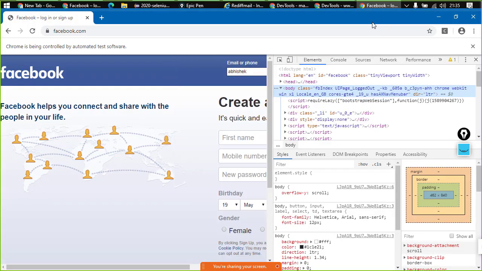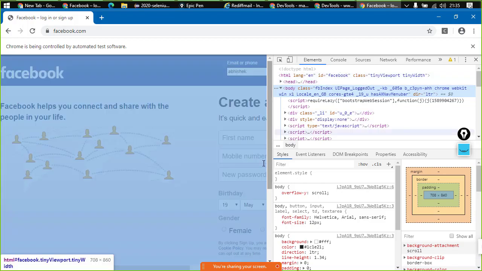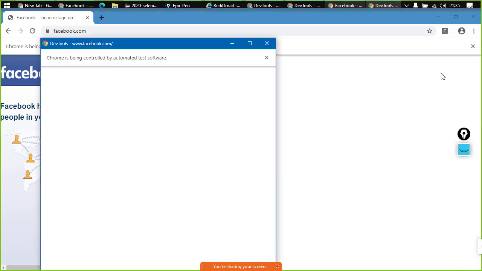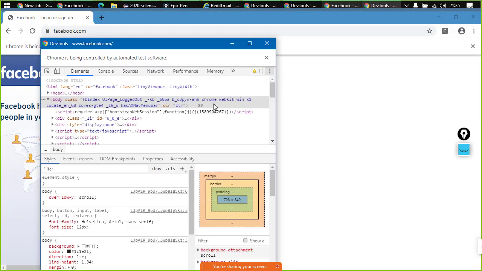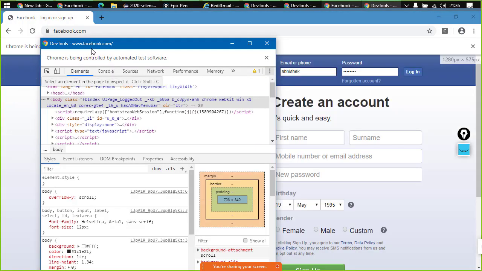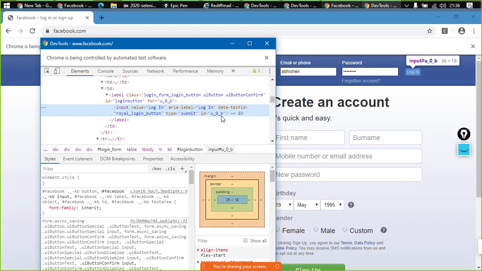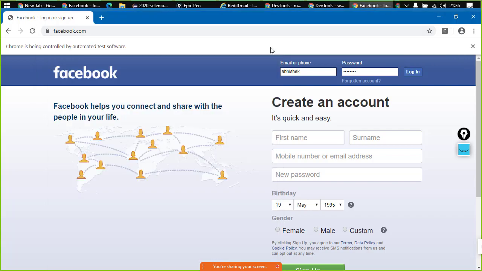So over here, just a second, I'll just open it in a separate window, and here we'll analyze this particular part. You guys notice something? Instead of u_0_4, it has changed. Now would we be able to click on it? Yes, but not right now, right? So let us just drop this off for a while.